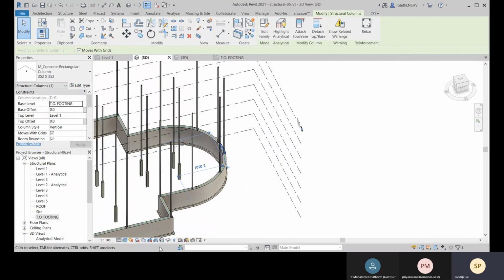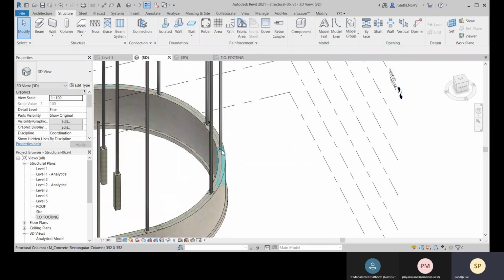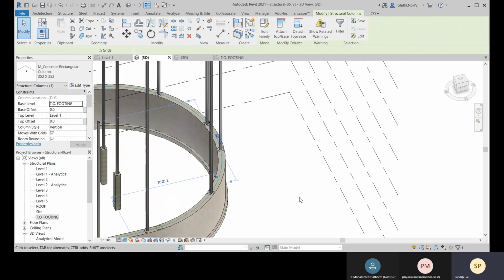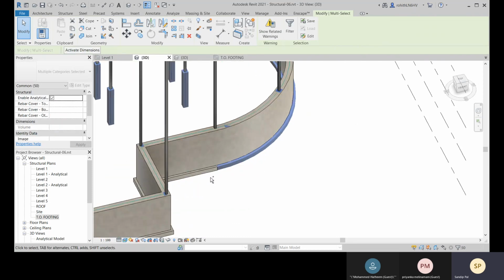Okay, so let me just go for it, and please select it and right click, select all instances and entire project, and let me select these also.